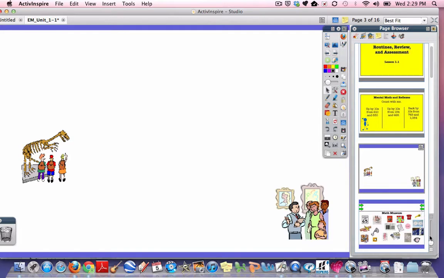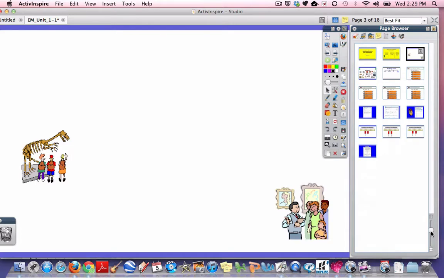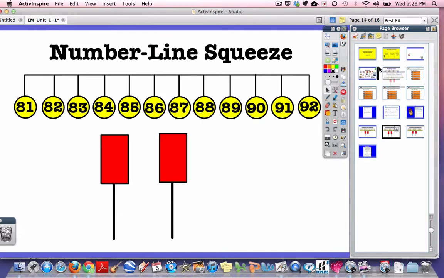So the last thing I wanted to tell you about the page browser is that there is a slider in the lower right hand corner. If I move that up, your thumbnails will get smaller. That's a little bit handy because then you can see more of them at once. And if you are working on resequencing those slides, you can click and you can drag them around. As you can see, I brought that page that was really at the end of the flip chart to the